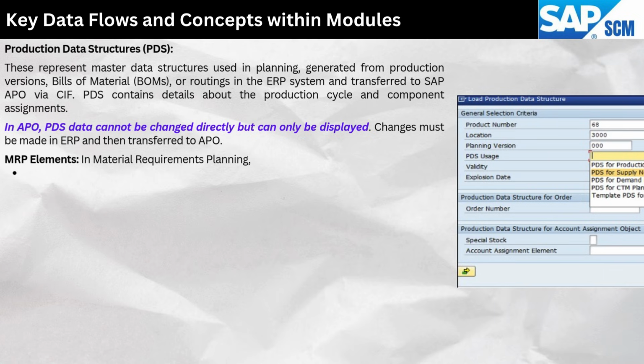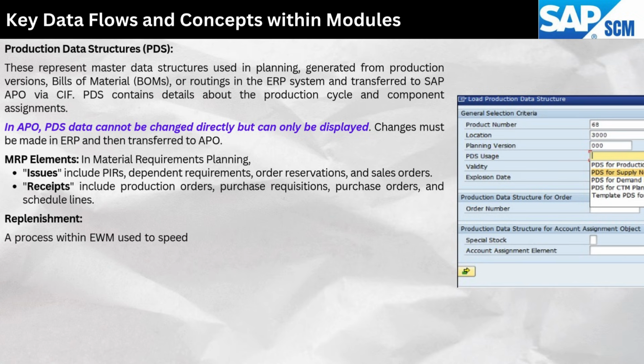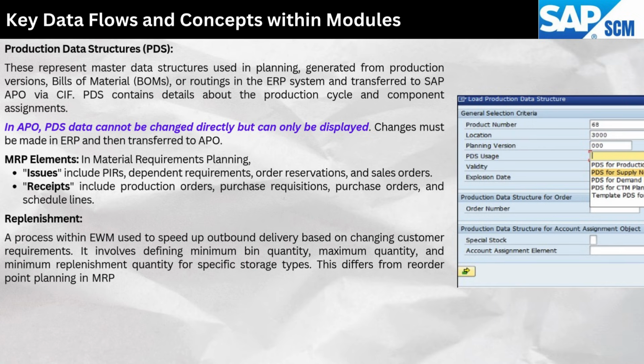MRP elements. In material requirements planning, issues include PRs, dependent requirements, order reservations, and sales orders. Receipts include production orders, purchase requisitions, purchase orders, and schedule lines. Replenishment, a process within EWM used to speed up outbound delivery based on changing customer requirements. It involves defining minimum bin quantity, maximum quantity, and minimum replenishment quantity for specific storage types. This differs from reorder point planning in MRP, CBP, as replenishment in EWM focuses on urgent, current needs for main